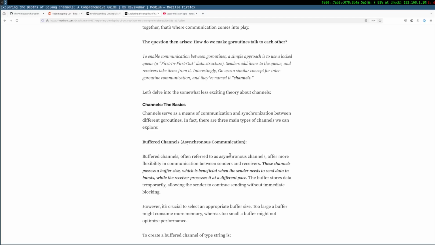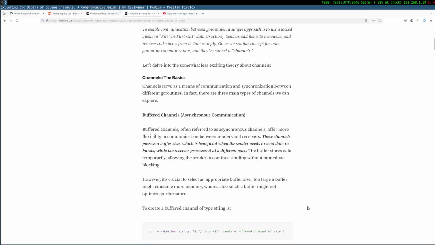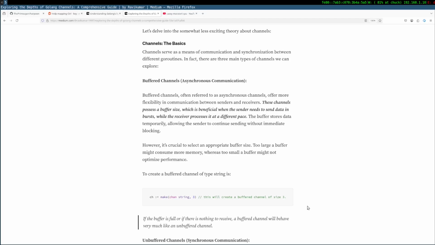However, it's crucial to select an appropriate buffer size. Too large a buffer size might consume more memory, whereas too small a buffer might not optimize performance. To create a buffered channel of type string,